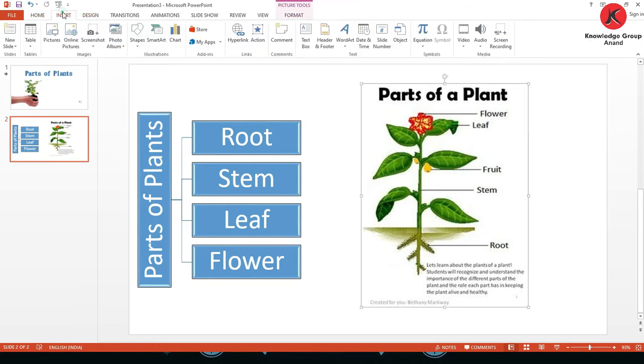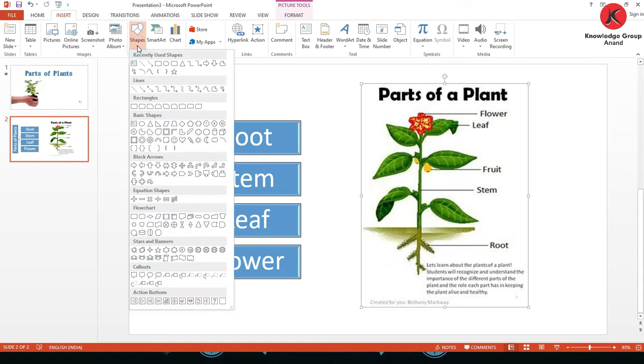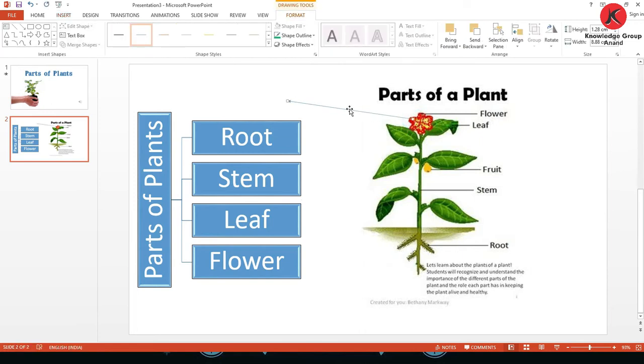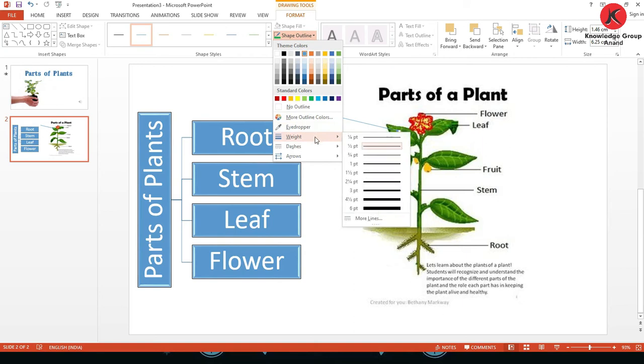Simply go to the insert tab, add shape. You can use the arrow key and draw the arrow like this. Rotate it by 90 vertically and horizontally, like this, which is called a leaf. Click here and increase the outline size of your shape.